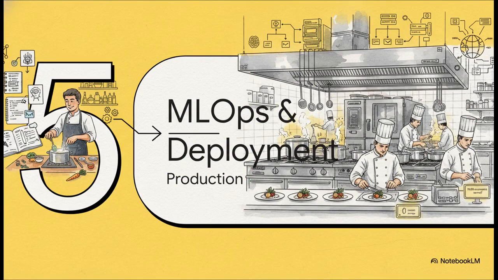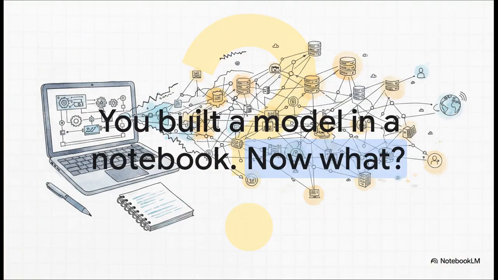Finally, we reach Section 5, moving from notebook to production. This right here is the absolute most critical transition for any career starter. It's the ultimate upgrade from cooking a nice meal at home for fun to running a massive, high-volume Michelin-star restaurant that serves 10,000 customers a day without a single mistake. Imagine you built a brilliant machine learning model locally on your laptop in a Jupyter notebook. It predicts perfectly. Now what? How does a real customer actually use it?